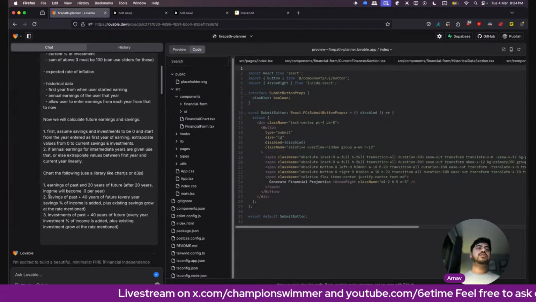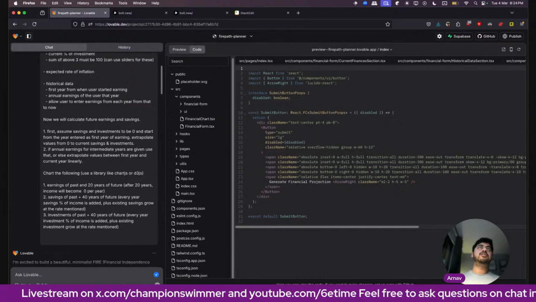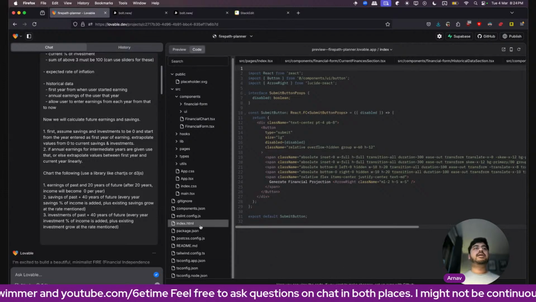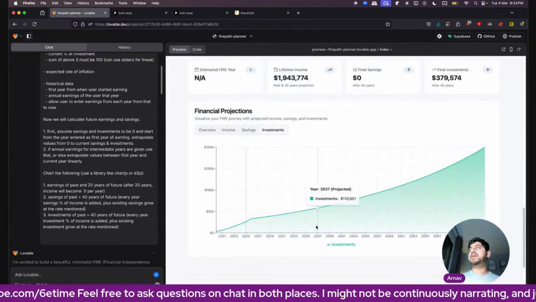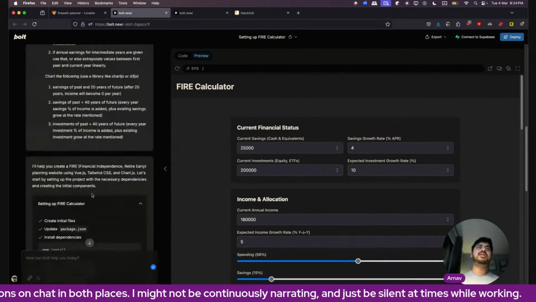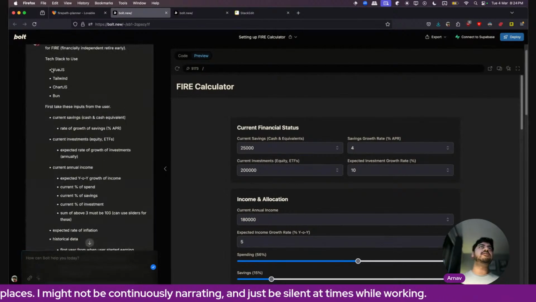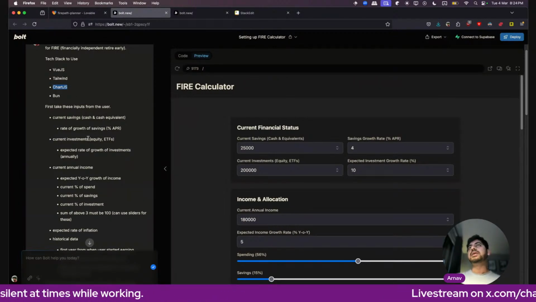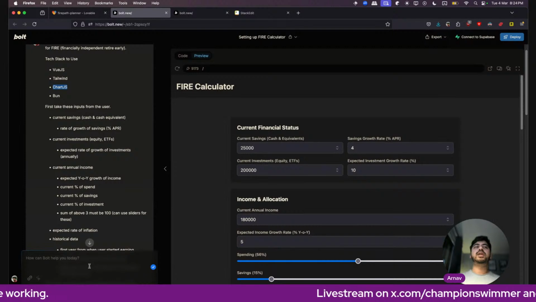So Lovable charges by number of messages and not by total tokens it generates, versus Bolt actually does by that. So this is what it generated. I actually liked it, to be honest. This is what Bolt generated with exactly the same prompt. I did ask it to do it using Vue.js and Chart instead. Maybe that could have constrained it from doing better quality stuff, but the one at Bolt,